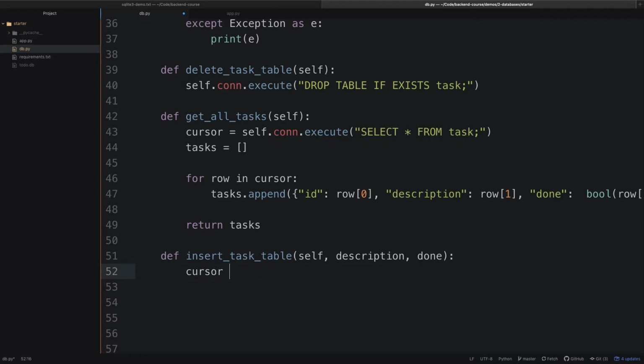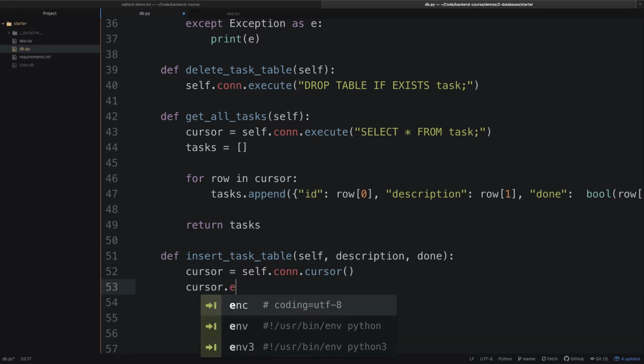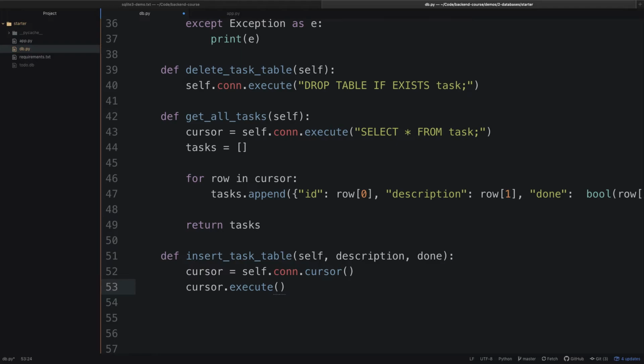So for us, we can say cursor equals self.con.cursor. This is another way to instantiate a cursor object in SQLite 3. The first is either returned as self.con.execute, or you can also do self.con.cursor to directly instantiate one. But now this cursor that we've just defined has no data associated with it, we just have one. So now we can do cursor.execute, same method name, and then we can say